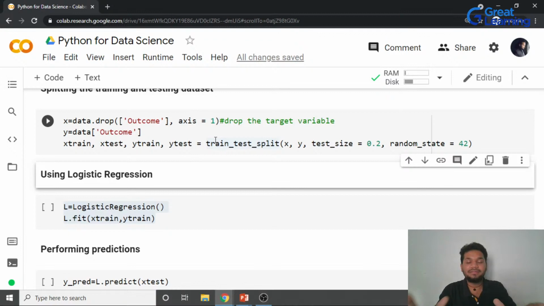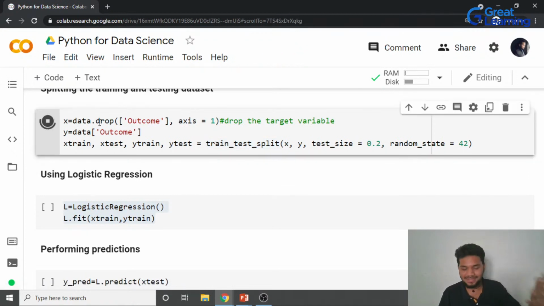The training data set is given to the machine learning algorithm to learn, like a textbook for you guys for your exams. And after it learns, the remaining part of the data is like the questions meant for your examinations, right? That will be given to the machine learning model to see if it can answer questions or not. In this particular case, it will not be directly giving us an answer. It's going to be giving us an accuracy of how well it can predict if a person has diabetes or